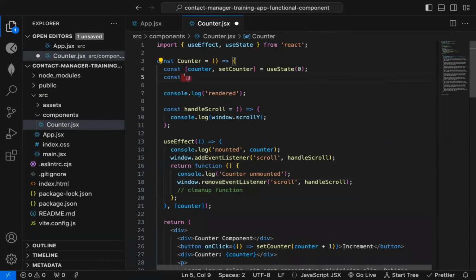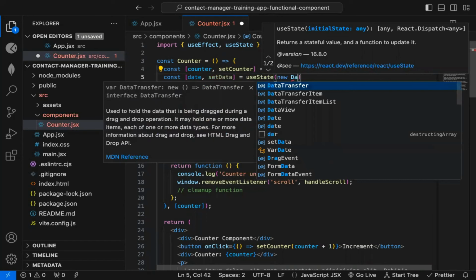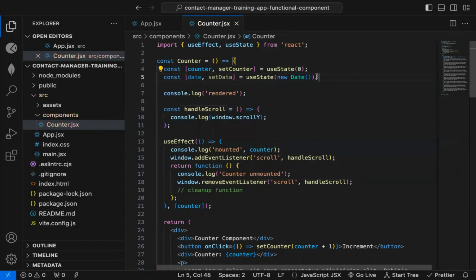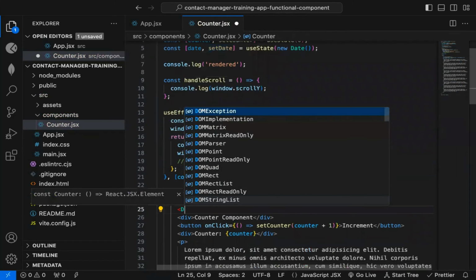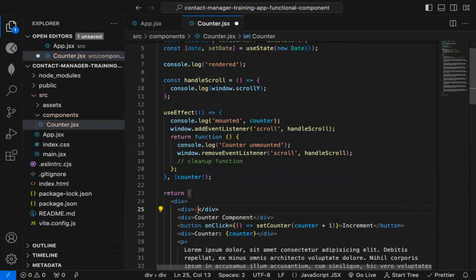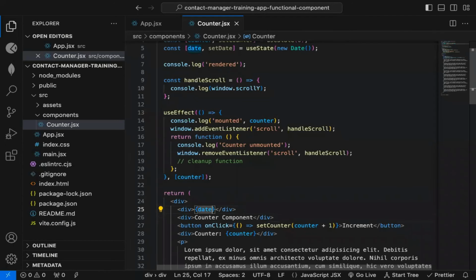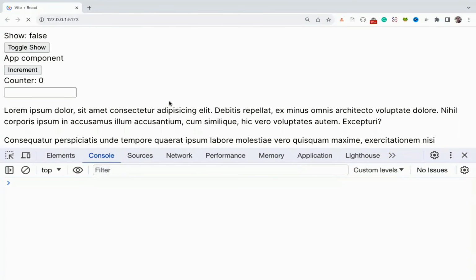Now I can also declare date: date, setDate, useState, new Date, the current value of date. And I can display that date. Now date is an object as you already know, so if I print this, you will get an error: objects are not valid. So I can say toLocaleTimeString, that will give me a string